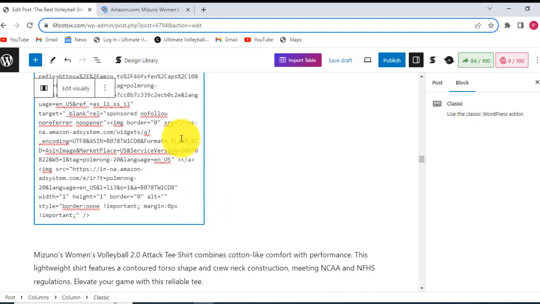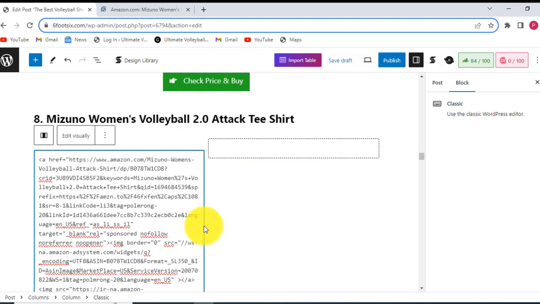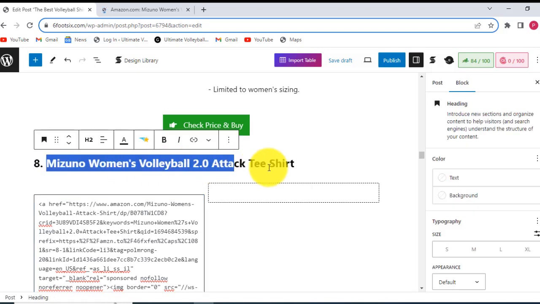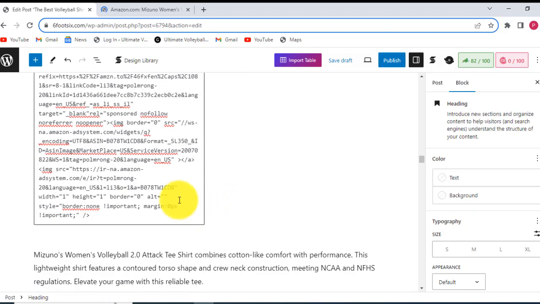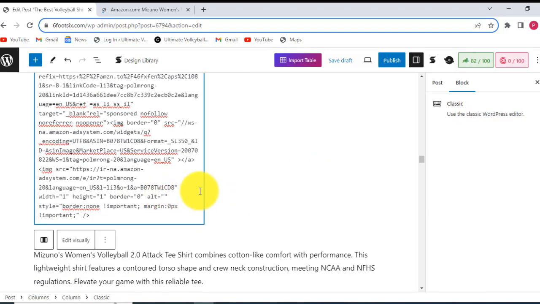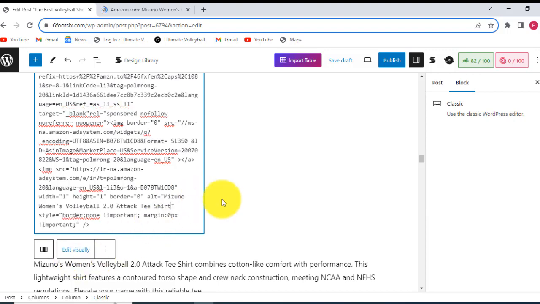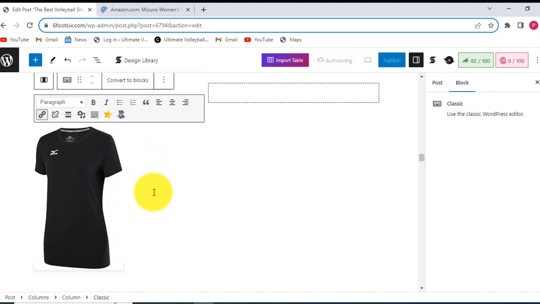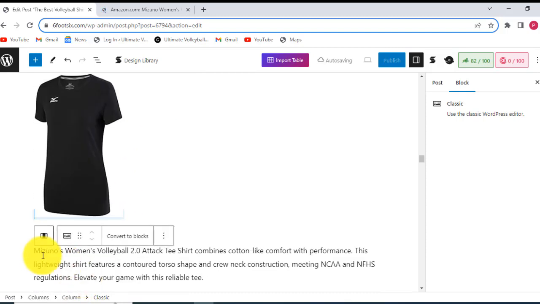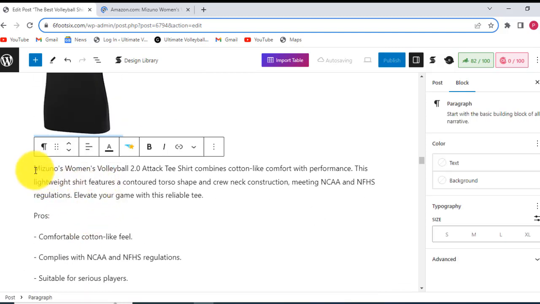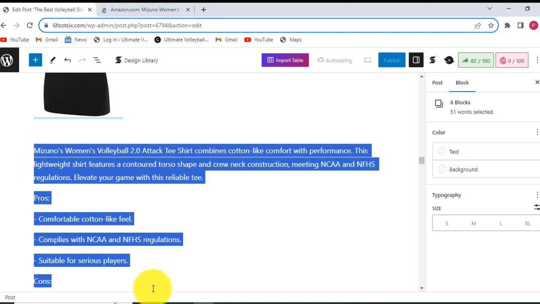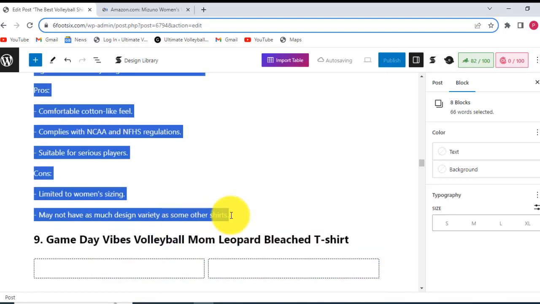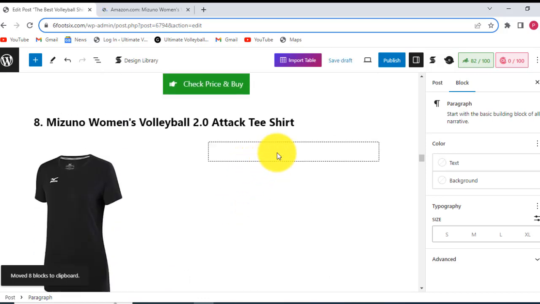Then I lower the image here to 350 size and add the alt tag. You have to take the alt tag name, Mojino Women's Volleyball T-shirt. Okay, I add the alt tag here, and then edit visible. Here is your product, and in this column we write the details. I take from here, drag and then cut. I cut it and then paste here